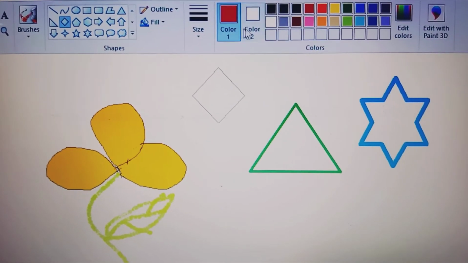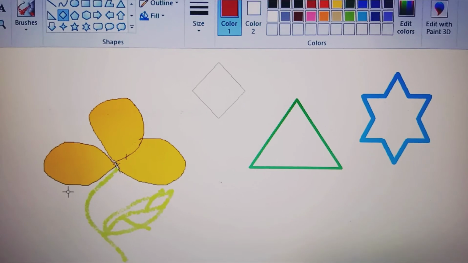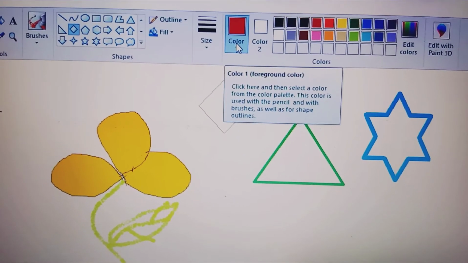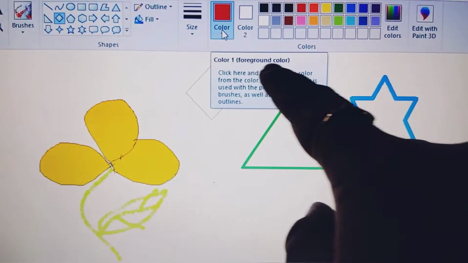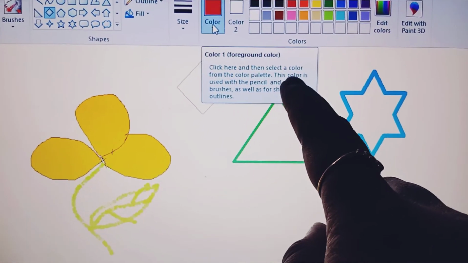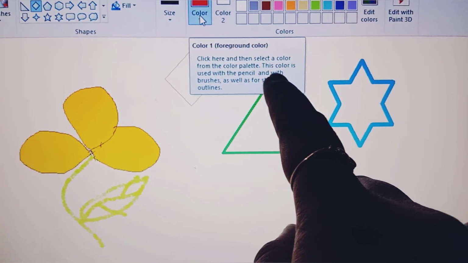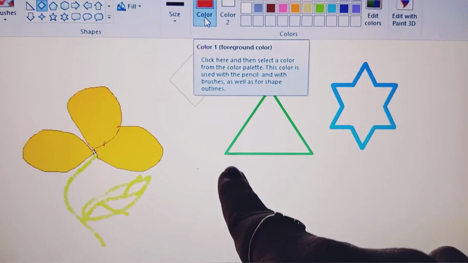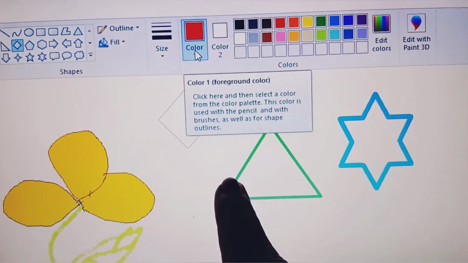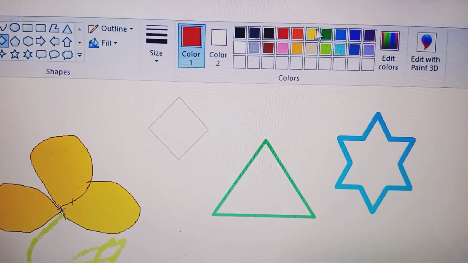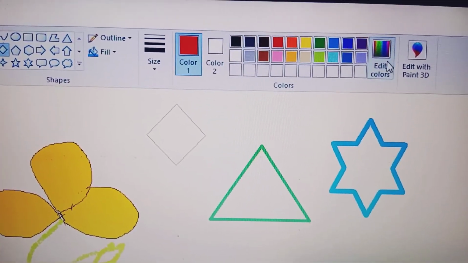So color one is your default selected color. When you take the arrow on it, you can see there is written foreground color, and click here and then select a color from the color palette. This color is used with the pencil and with the brushes as well as for shape outlines. So color one always indicates the outline color. Okay, suppose I take another color to show you.